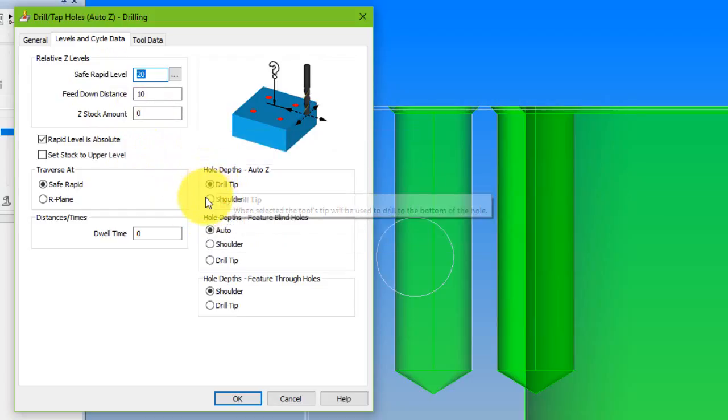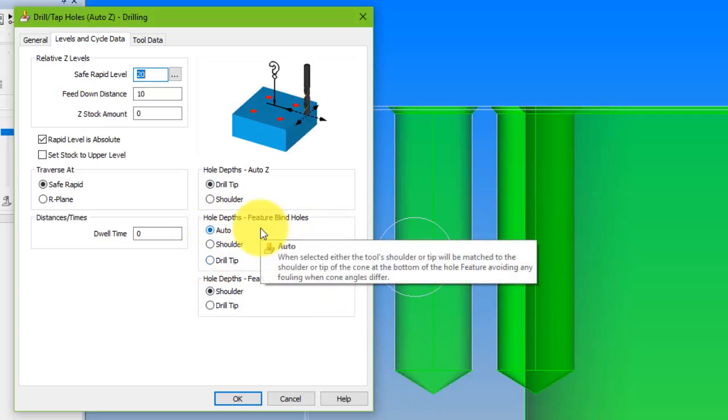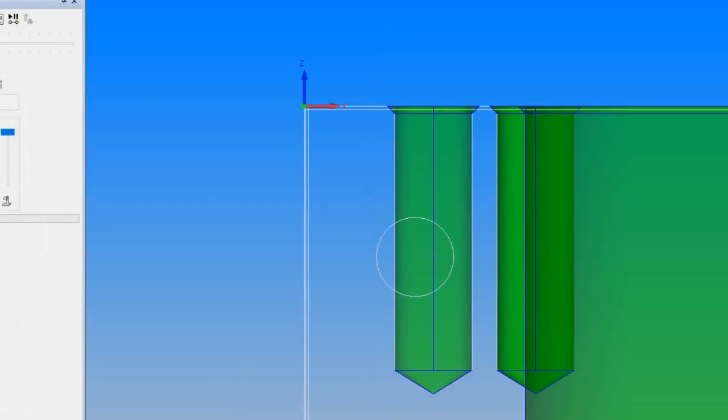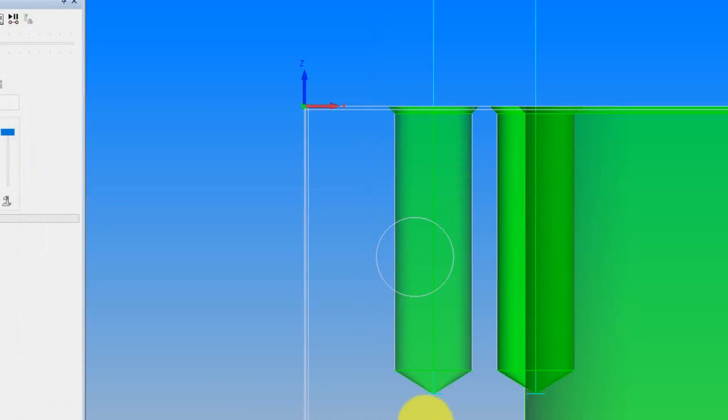What we're looking at here are hole depths when you have Auto Z geometries, hole depths when we work with feature blind holes, and hole depths when we work with feature through holes, which gives the user complete control over the hole type that they're working with. As these have been feature extracted and they're blind holes, we're going to be concentrating on this dialog. I'm going to leave this on auto, which lets the system determine the best method of machining, which will avoid any fouling. So we'll say OK to that, select all the holes, say OK,